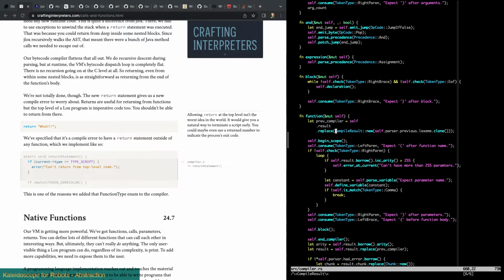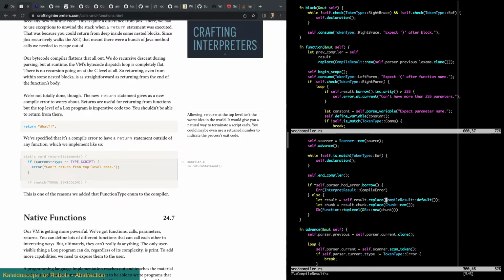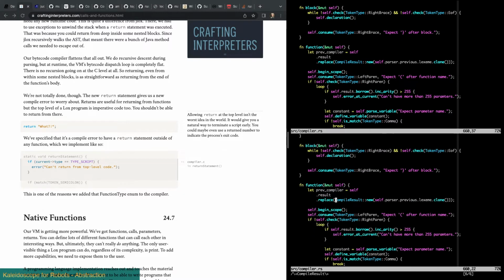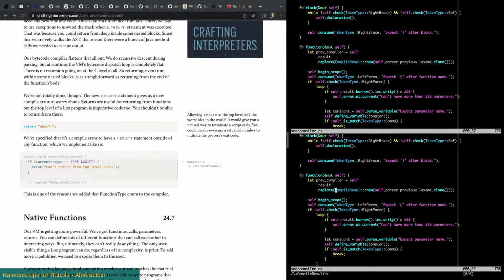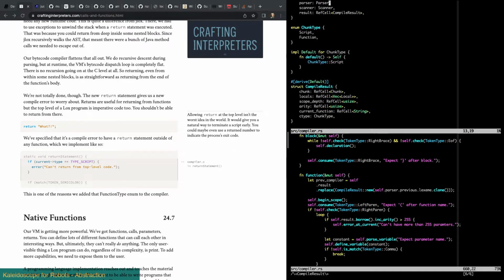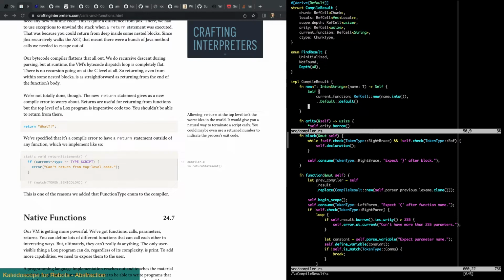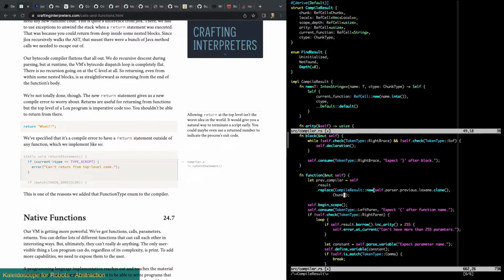Here, this is where we're creating a new one. We want to say, okay, so look at the difference here. We have compile result default for this and compile result new for that. So default is going to be script, and if we do a new, we can pass in the chunk type. Just like that, and then over here this just becomes chunk type function.